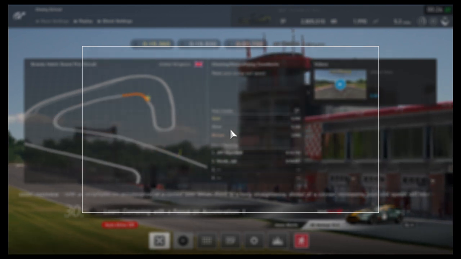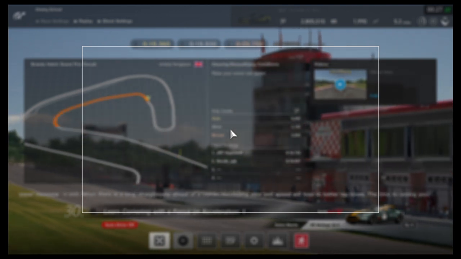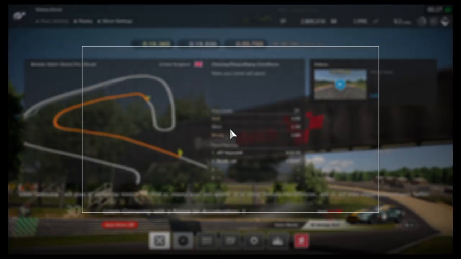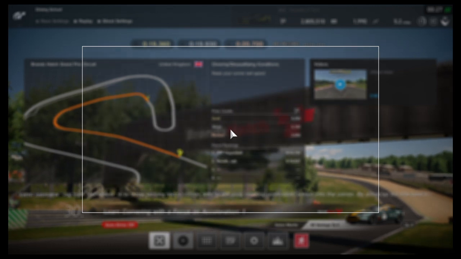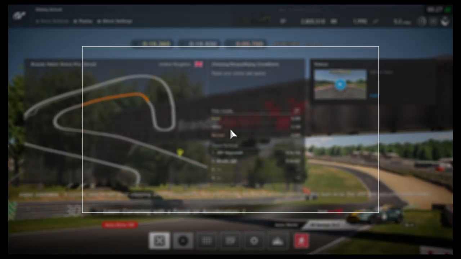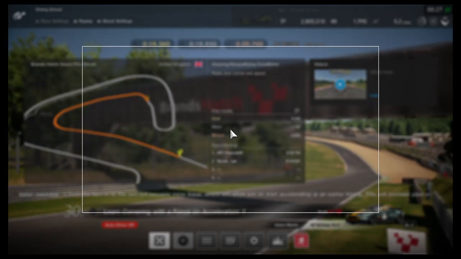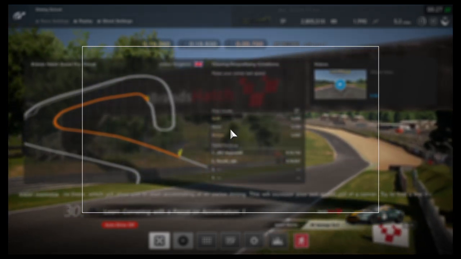From here, you will be learning to corner with an emphasis on acceleration at a corner exit. When there is a long straight immediately after a corner, increasing your exit speed will lead to better lap times. The trick to raising your exit speed is to delay turning into a corner and to set your clipping point